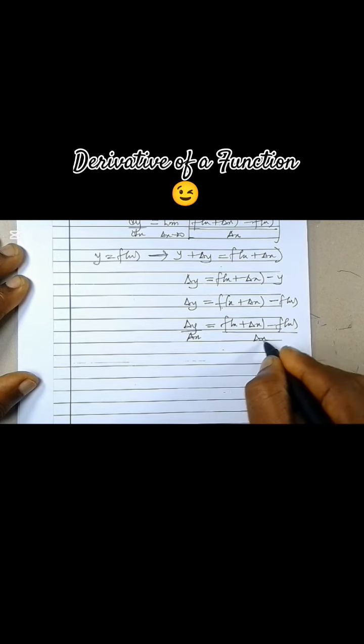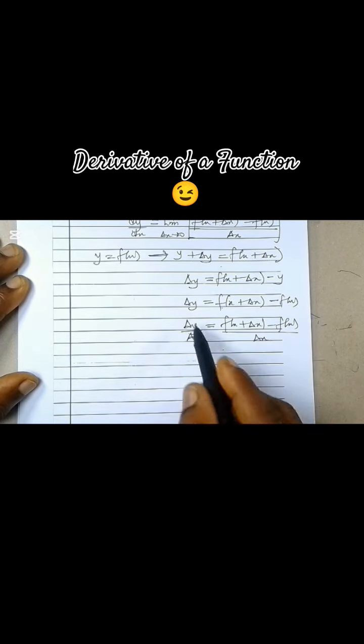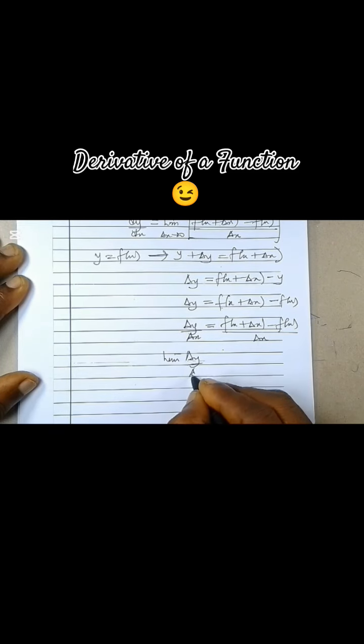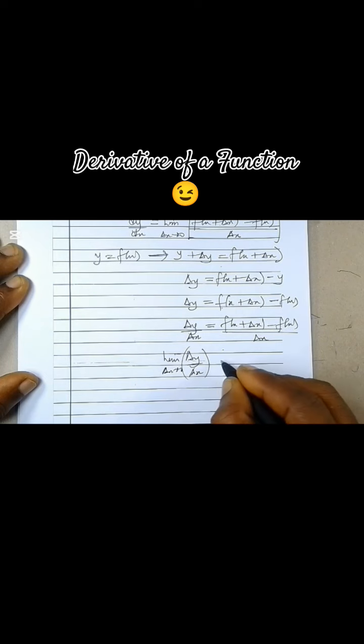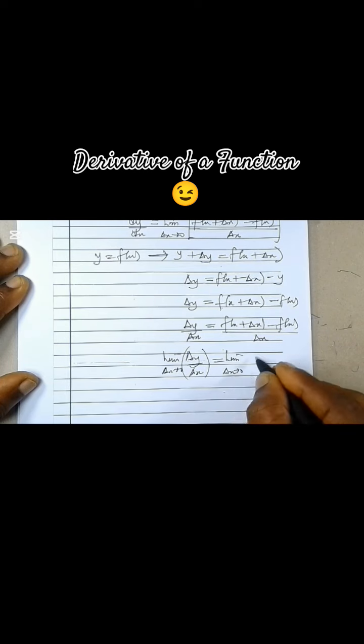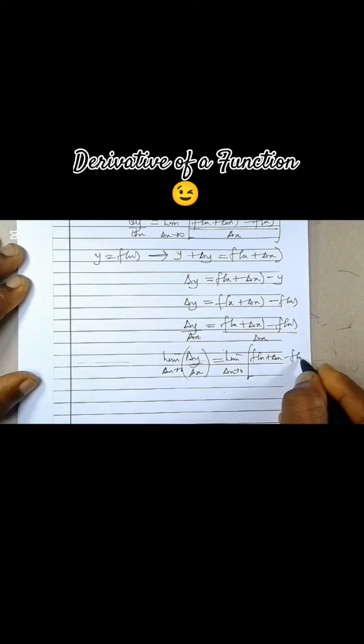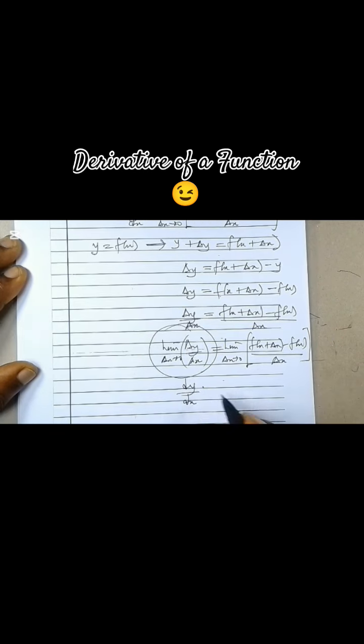Now, the next step I'm going to take, now that I've gotten my gradient function, is to recall that the limiting value of the gradient function gives the derivative dy/dx. So I'm going to take the limiting value of change in y all over change in x as change in x tends to 0. And that will be taking the limiting value as change in x tends to 0 of f of x plus change in x minus f of x all over change in x. This defines dy/dx. So dy/dx is equal to the limiting value as change in x tends to 0 of f of x plus change in x minus f of x all over change in x. And this proves what